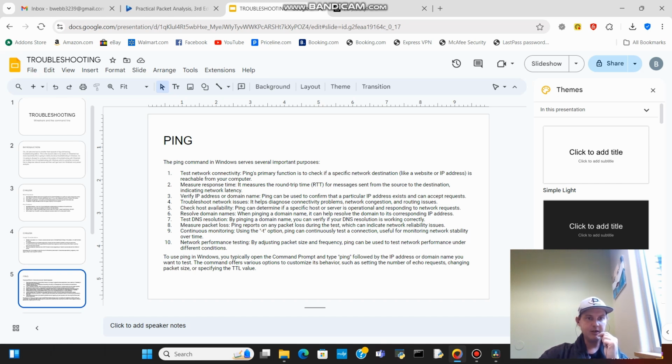8. Measure packet loss. Ping reports on any packet loss during the test, which can indicate network reliability issues. 9. Continuous monitoring. Using the -t option, ping can continuously test a connection, useful for monitoring network stability over time. 10. Network performance testing. By adjusting packet size and frequency, ping can be used to test network performance under different